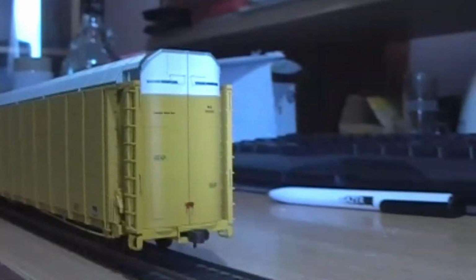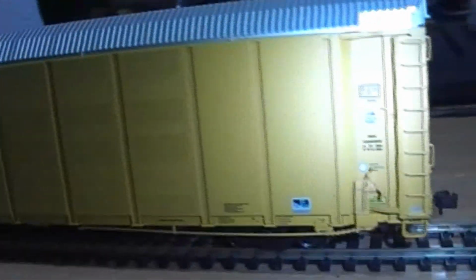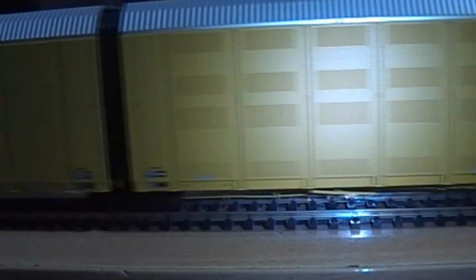no signs of any damage, wear and tear. I didn't check the wheels, but looking at them visually from here, these haven't done a lot of work on anyone's railroad. So I won't duplicate this with showing you the second one, because it's exactly the same. But yeah, they're not